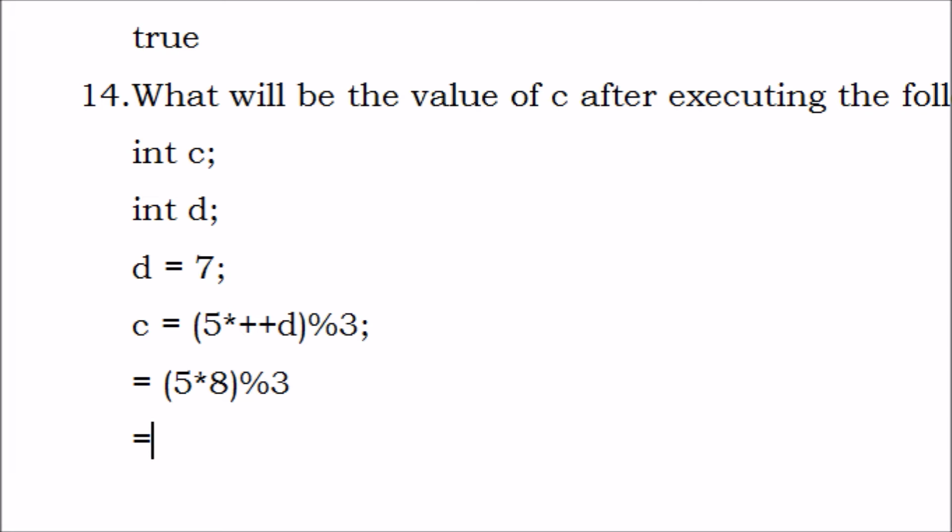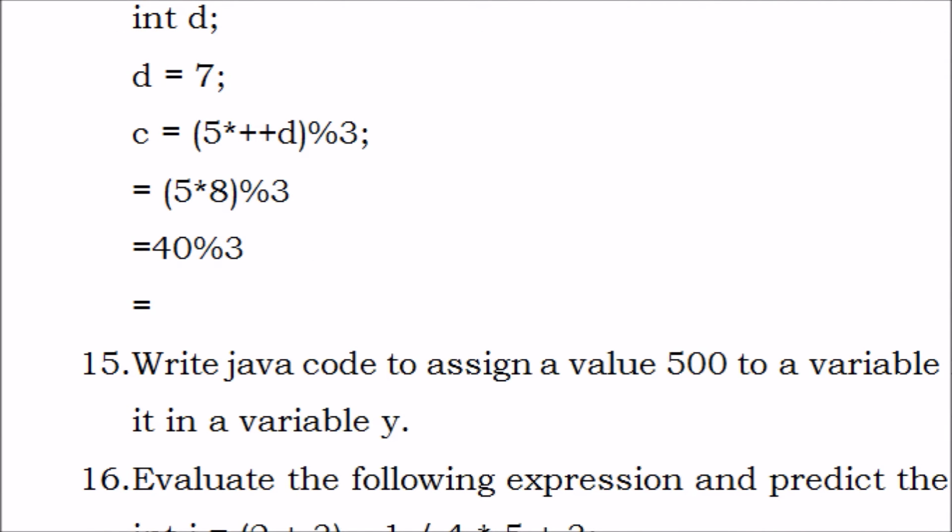Then 5 into 8 is 40, modulus 3, and the result of this 40 modulus 3 is what? It is, I think, 1. Okay, so 1 is the remainder of this expression. Okay, so I hope it is clear to you. The next question